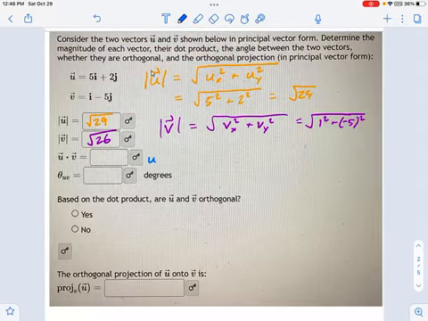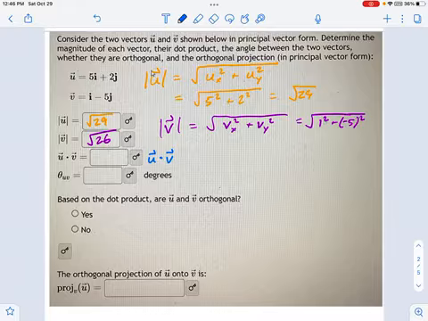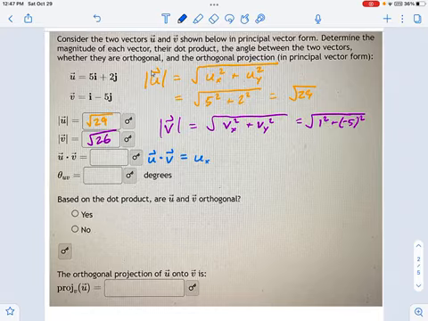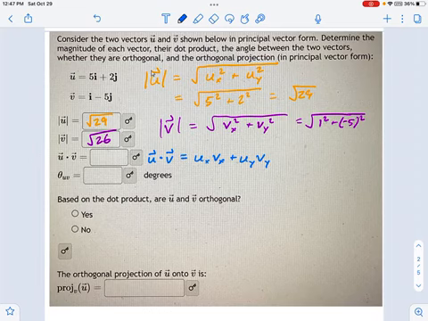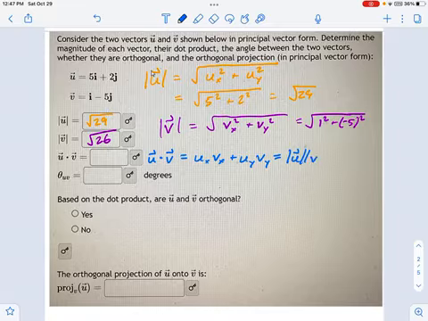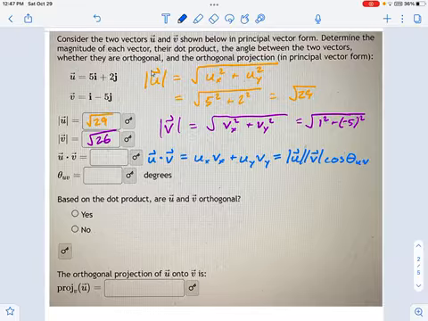If you remember, there's two definitions of the dot product. They're both extremely useful. I'm going to use this first one for this problem. It's the product of the components in the x direction plus the product of the components in the y direction. So I take the x components, multiply them together, take the y components, multiply them together, add them all up, and I get my dot product. Another definition, equally useful, is the product of the magnitudes of the two vectors times the cosine of the angle in between them.